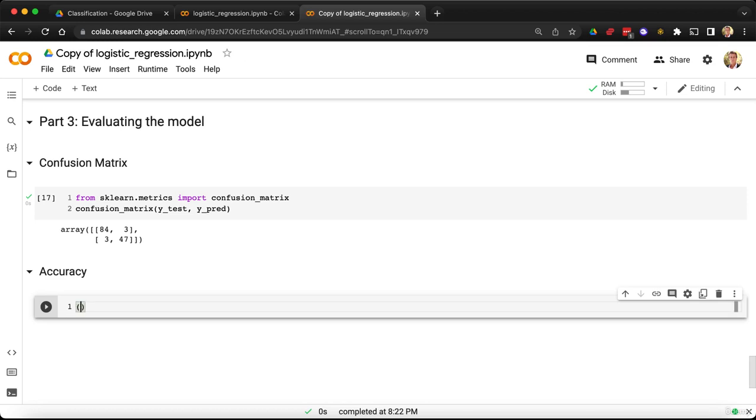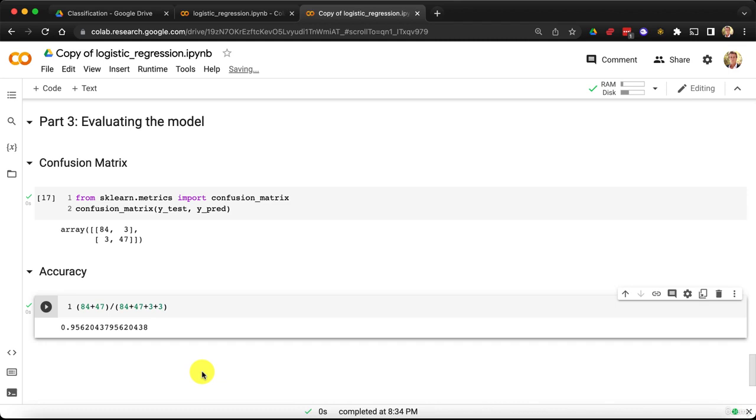In parentheses, 84 plus 47, so that's the number of correct predictions, divided by the total number of predictions or observations in this test set, meaning 84 plus 47 plus 3 plus 3, right? That's the first way of computing the accuracy. So, are you ready to get the final number? Here we go. Accuracy and... wow, indeed we have a really good accuracy of